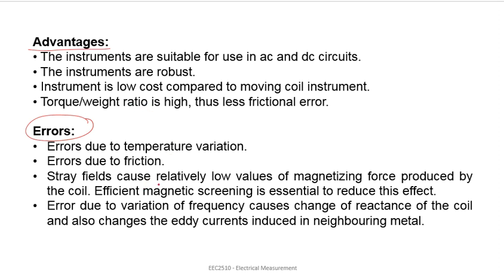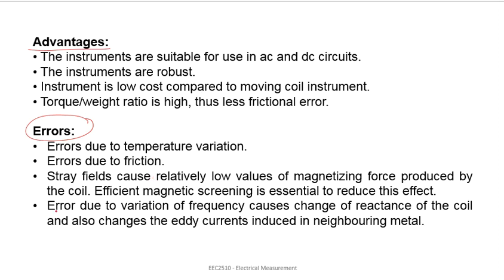One more source of error can be due to the stray magnetic field, because the errors due to the stray magnetic field are appreciable as the operating magnetic field is weak here. So in case of the moving iron type instrument, the operating magnetic field is weak, and that is why errors due to the stray magnetic field can appear here. Such errors depend upon the direction of the stray magnetic field relative to the head of the instrument. These errors can be minimized if we use an iron case or a thin iron shield over the working parts.